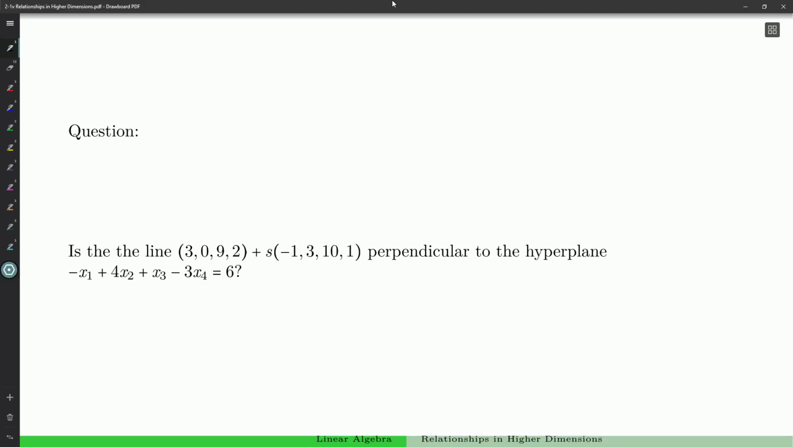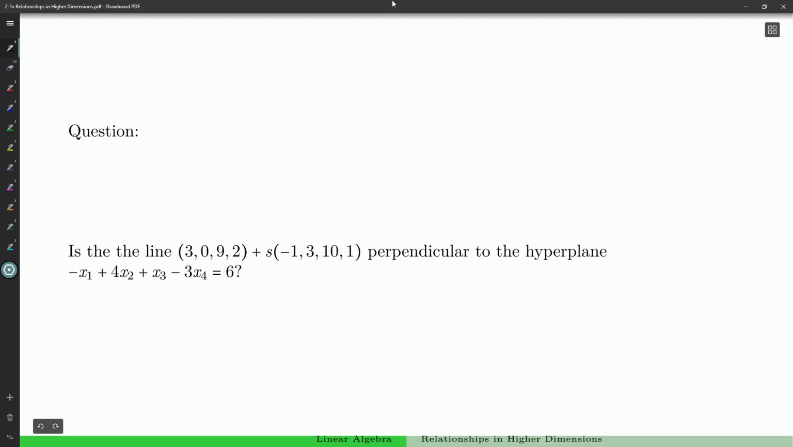Is the line (3, 0, 9, 2) plus s(-1, 3, 10, 1) perpendicular to the hyperplane negative x1 plus 4x2 plus x3 minus 3x4 equals 6? So we can test perpendicularity of a line to a plane or a hyperplane, or even another line if we're in 2 dimensions, by checking to see if the direction vector for the line is a scalar multiple of the normal of,